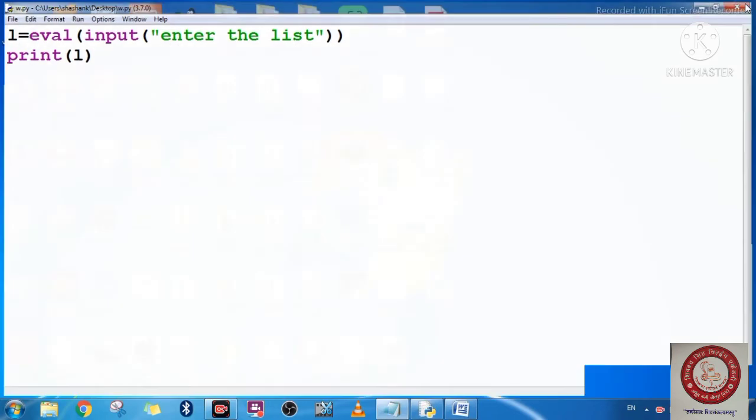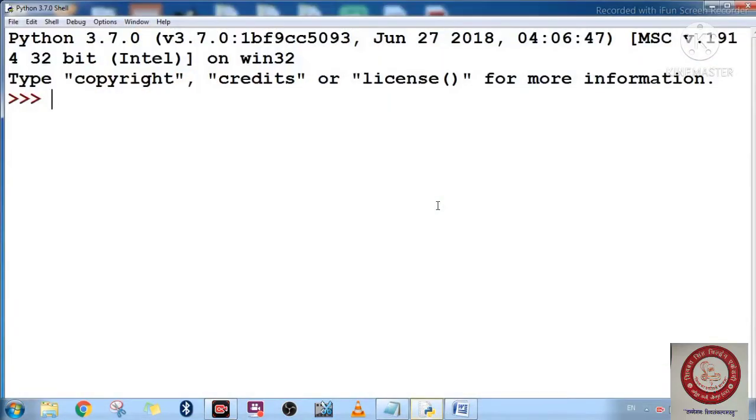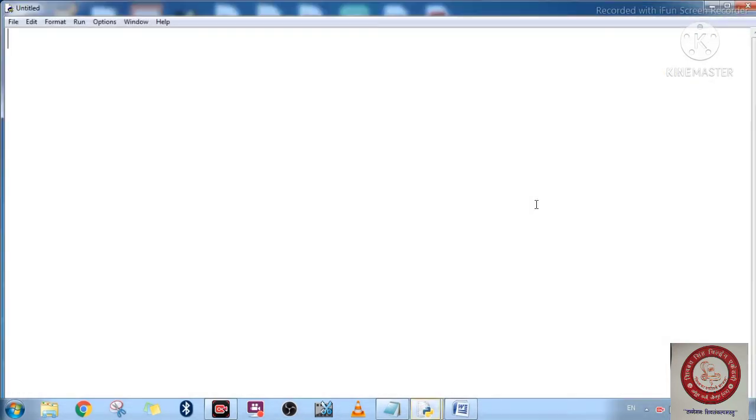In the next part we are going to understand how we do the traversing of the list. How are we going to do the traversing? Traversing हम कैसे करें हम? So for doing the traversing, first of all we will consider some kind of list here, and then we will try to use the same. Okay, so for this we will come to the script mode, and in the script mode I have taken one variable here, L, and inside the list I am just writing some kind of letters here. Okay, like this.